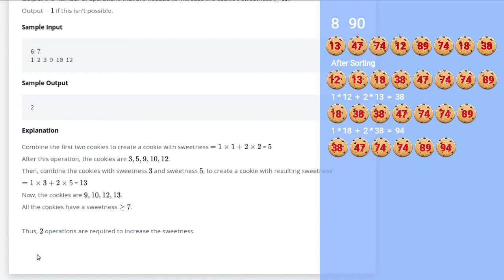So we write 1 into 38 plus 2 into 47. So we get 38 plus 94, which is 132. Then we get this list: 74, 74, 89, 94 and 132. Again, since we have cookies with a sweetness less than 90, we need to repeat